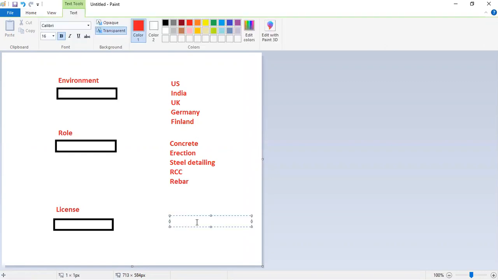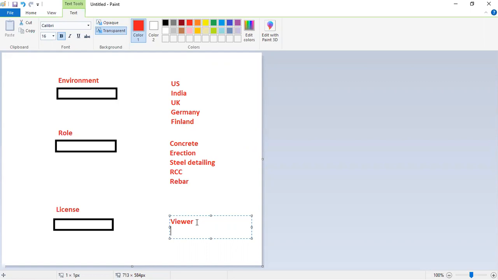So starting with, say, viewer. Viewer is one kind of license where we'll be able to view drawing and view model. Basically this viewer will be for a checker, whose role is to check certain items or certain elements.